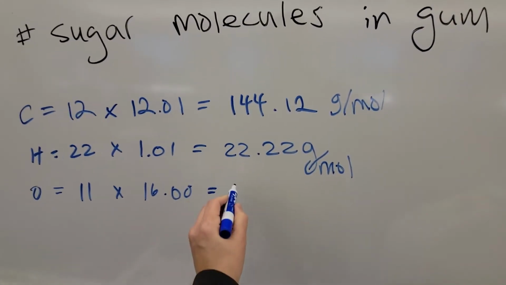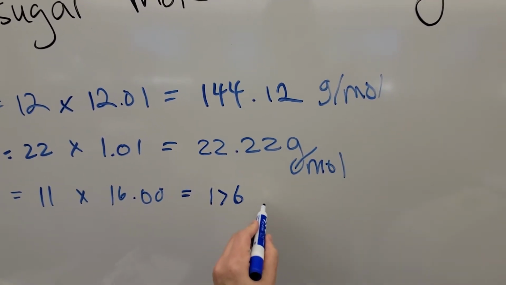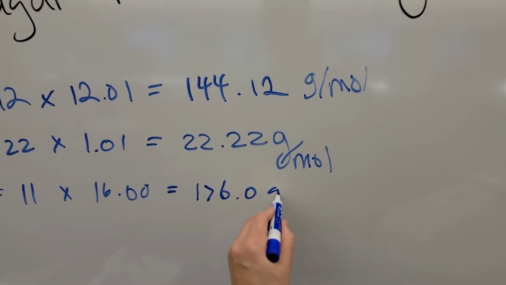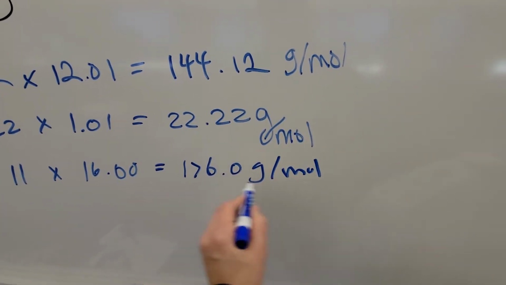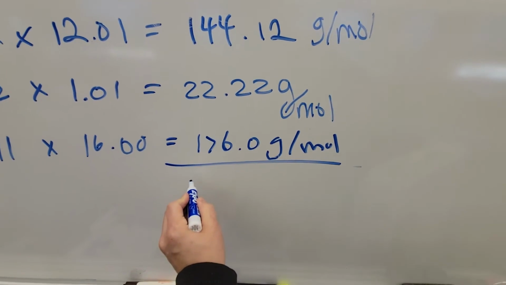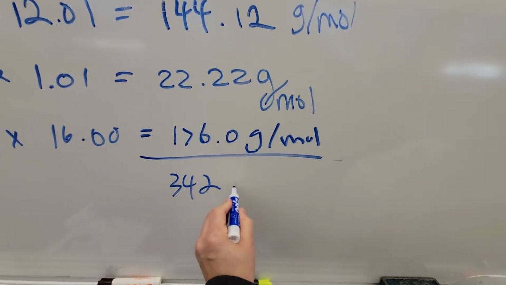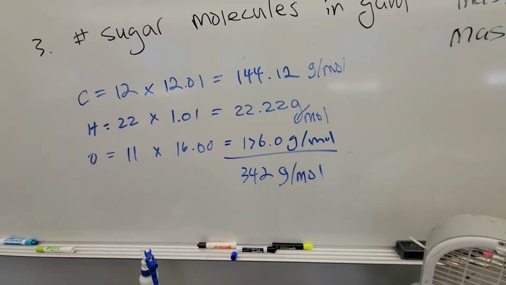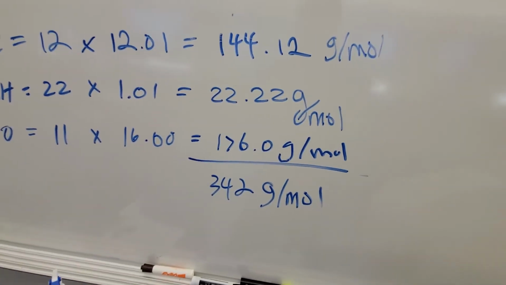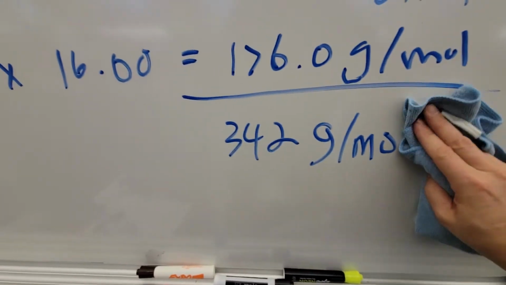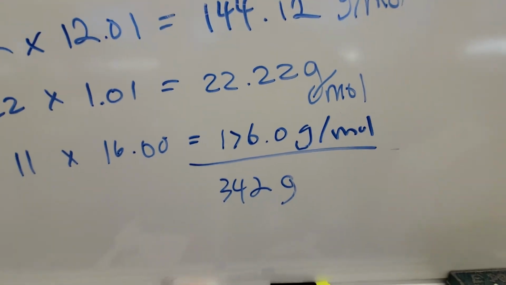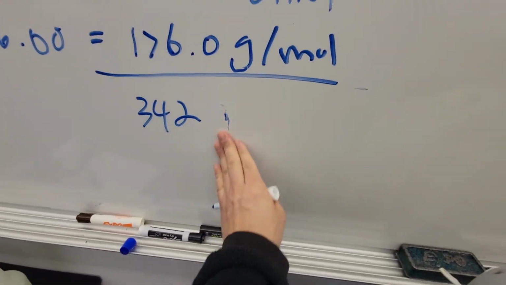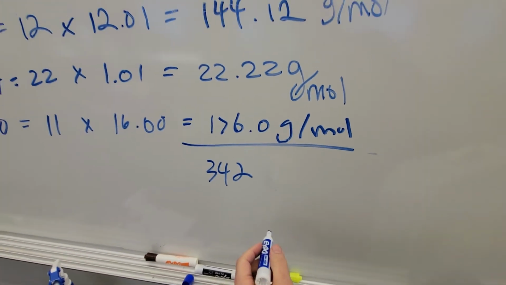That turns out to be 176. So we're going to add up all those, and 342 grams per mole is the molar mass for the sugar. Let's follow sig fig rules. Let's get one more decimal in there. 342.3